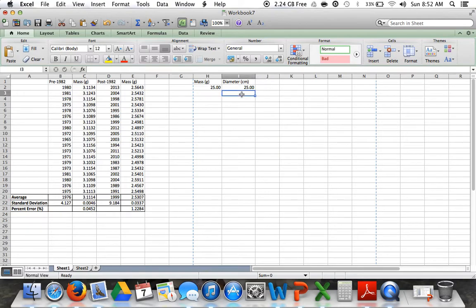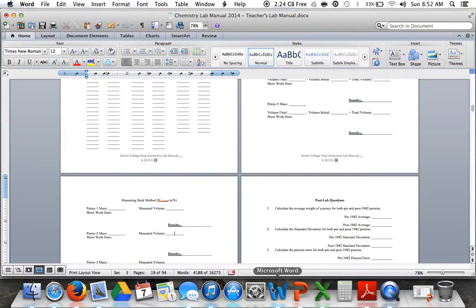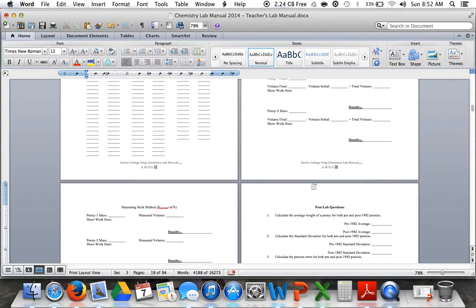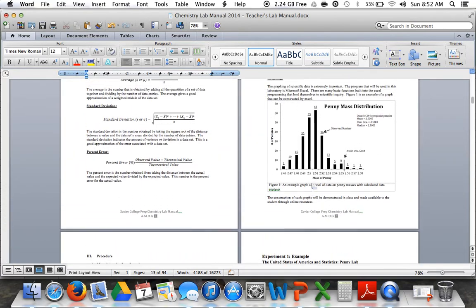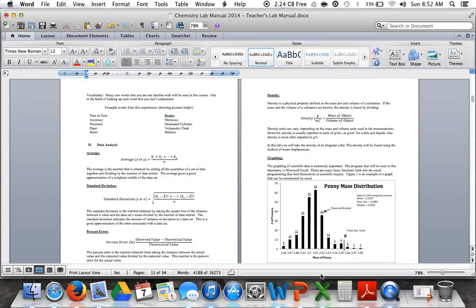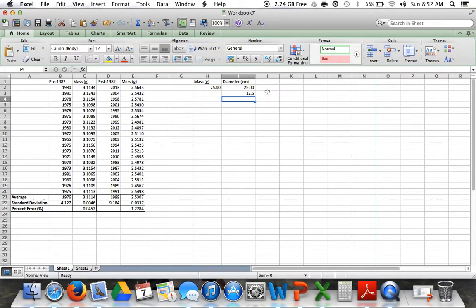And so this is diameter. So what do we have to do? Diameter equals this divided by 2, right? All right, so now this is our radius, right? So then our equation for our volume of a cylinder is pi r squared h. Well, what's the height of the penny? I don't have an example of a height of a penny. Let's go 1 millimeter, 1.00 millimeters. So let's go over here, 1.00, and this is height,